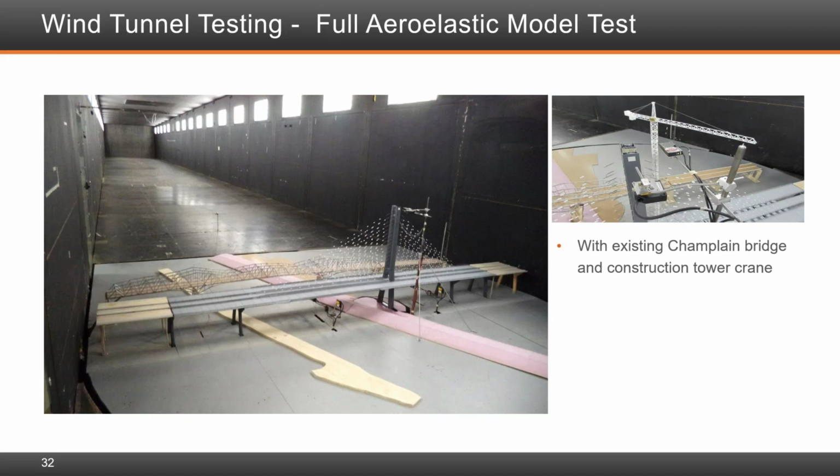But as you kept on going and you added more and more loads, there was a fine-tuning step, which was done as we are getting close to the closure segment. And we did it quite effectively to make sure that it's not on the critical path. So usually the standard is you do most of your last stage stay stressing after closure. And what we were able to do was probably about 80% of the last stay tuning was done prior to closure. And then only 20% of the stays was done after closure